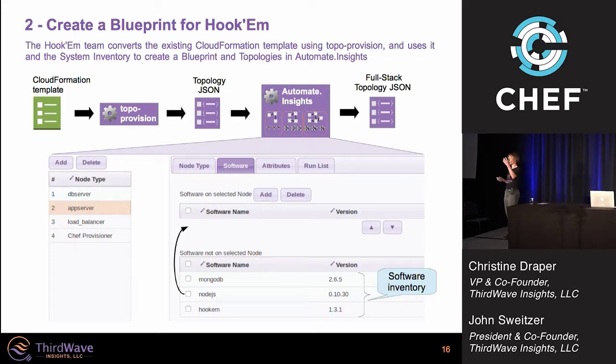So basically, for each of those key infrastructure resources in the CloudFormation template, it's created a node type in the blueprint. So there's the database server node, the application server node. That's what was implemented in the autoscaling group, the load balancer, and a special node for the chef provisioner. And if we could switch and look at the attributes, what you'd see is it not only brought in those things, but it also brought in the relevant provisioning properties from the CloudFormation template and put them on those various